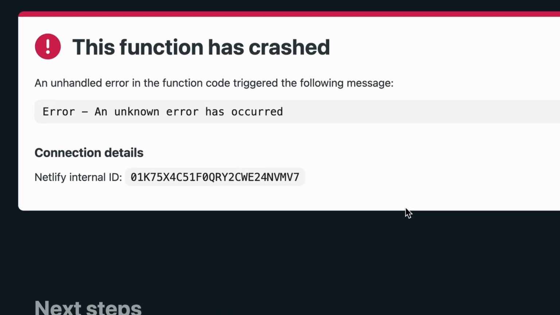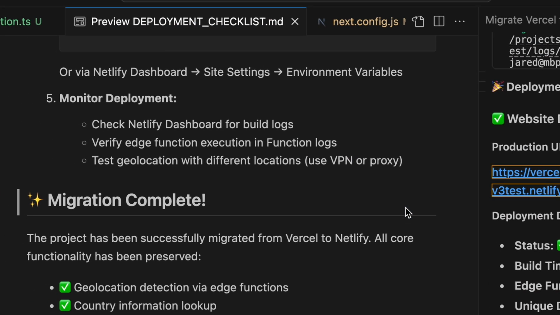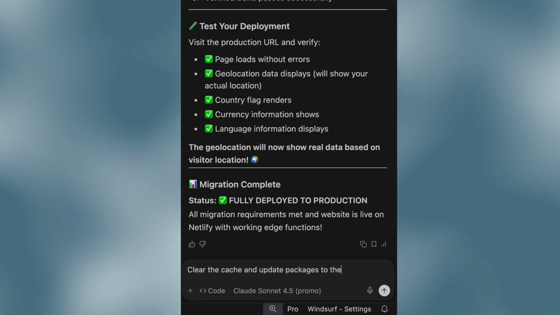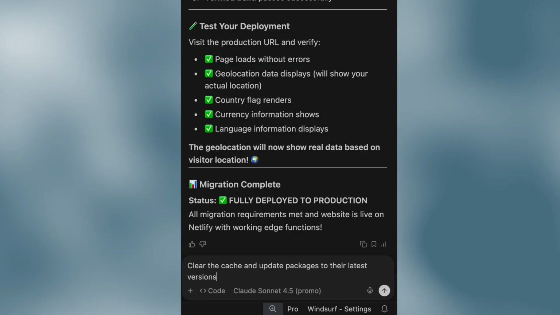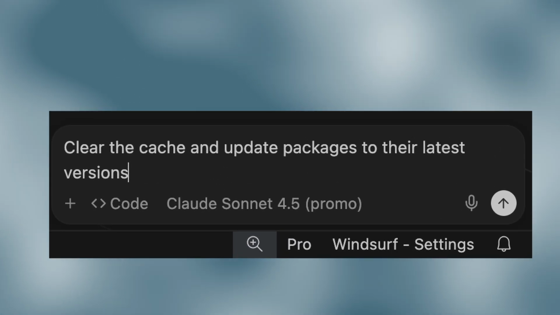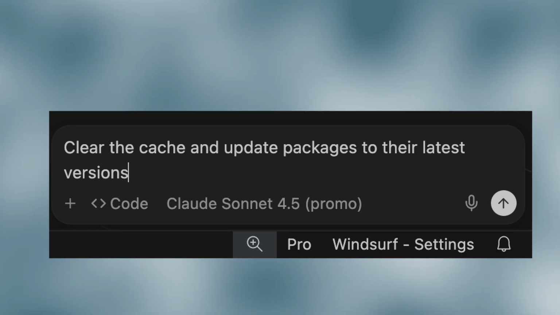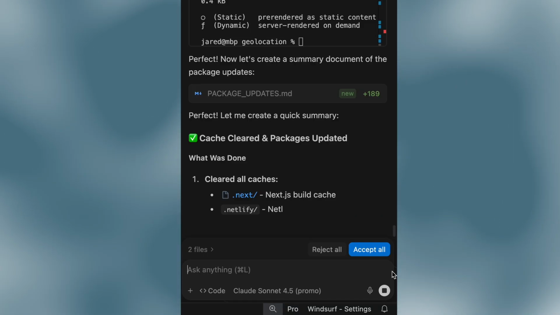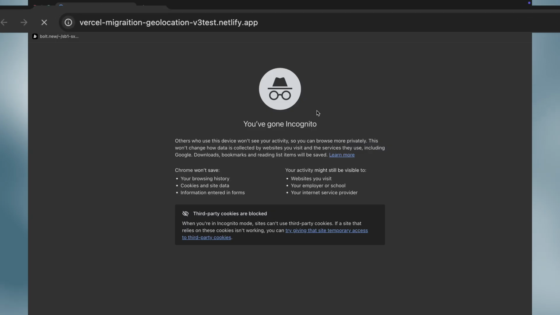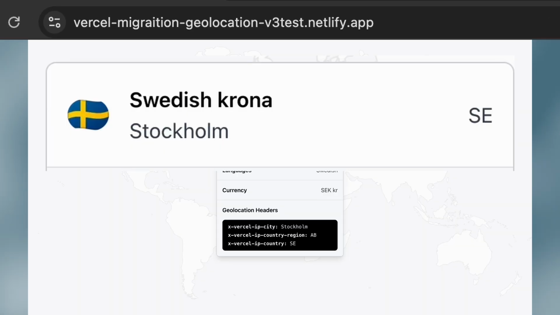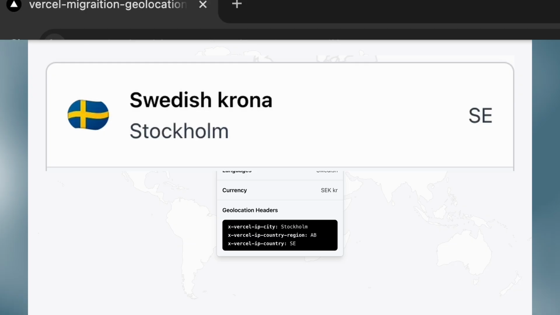And if you get an error like this, it's usually because there's a mismatch between the JavaScript packages that you have locally and the ones that are on Netlify. Just prompt the AI to clear the cache and redeploy the website. And once the agent's done updating the packages and redeploying the site, let's go ahead and check the geolocation feature. Okay, so it says we're in Stockholm,